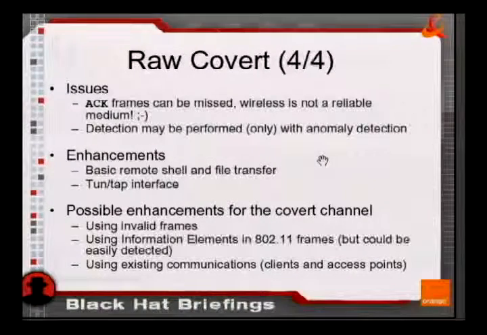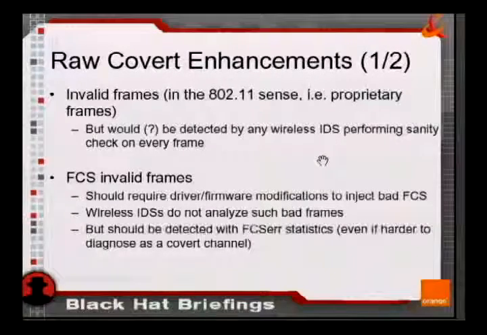I don't think I have enough time to make a demonstration. It's working pretty well, but there are many, many possibilities. For example, if you want to play with a covert channel, we can also try to use, for example, invalid frames or play with the protocol. For example, something that could be very easy to do and very difficult to detect, we